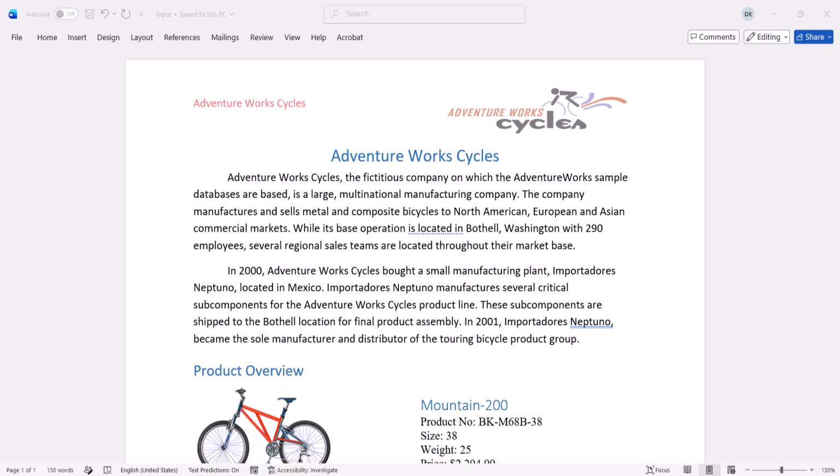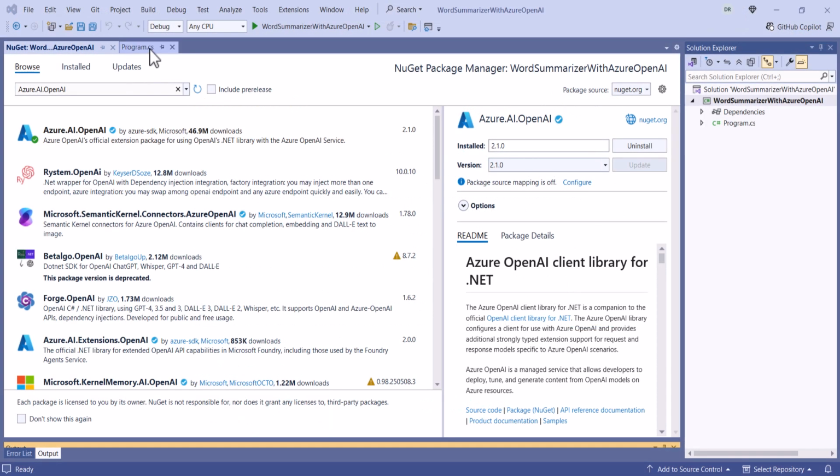This is the input document I will use in this example. It contains an overview of AdventureWorks cycles, highlighting bicycle products with their specifications and pricing. I open the Program.cs file